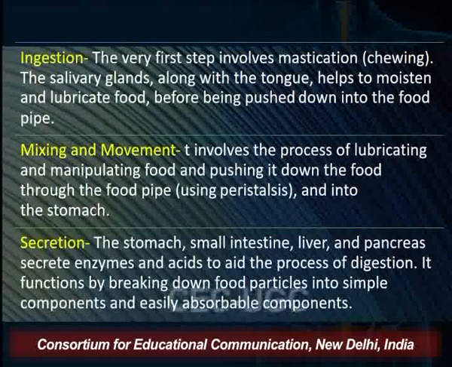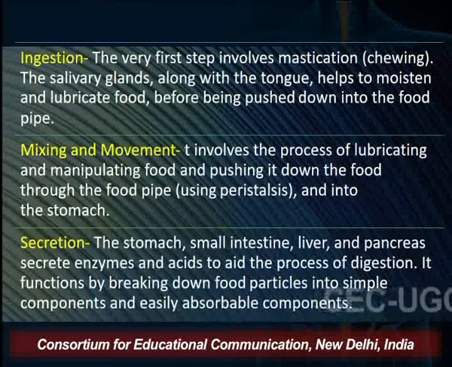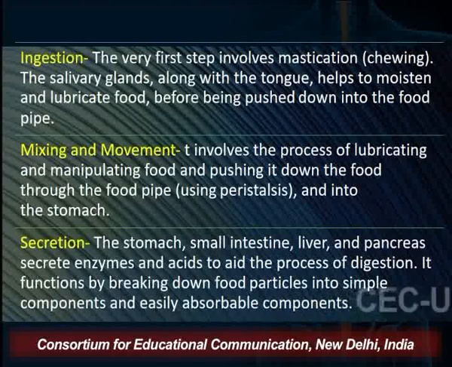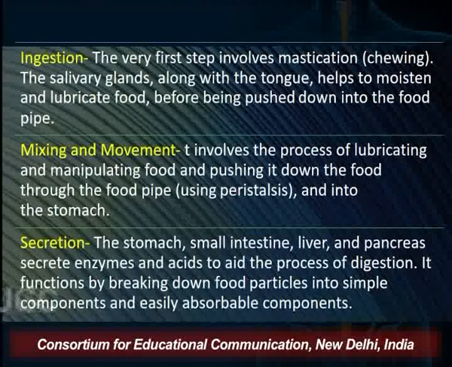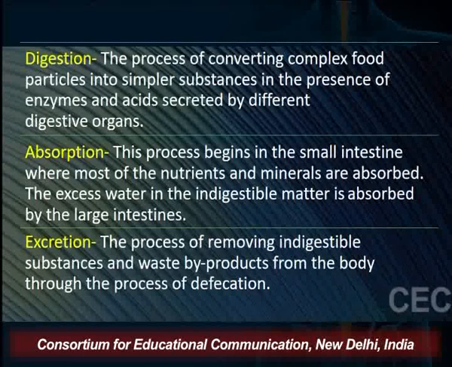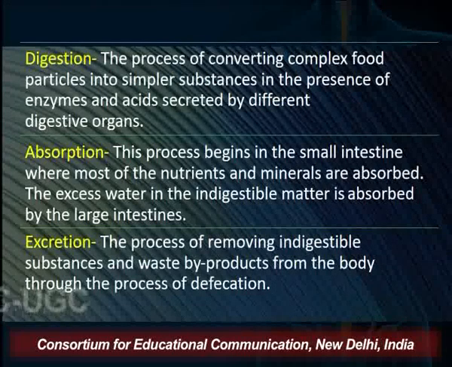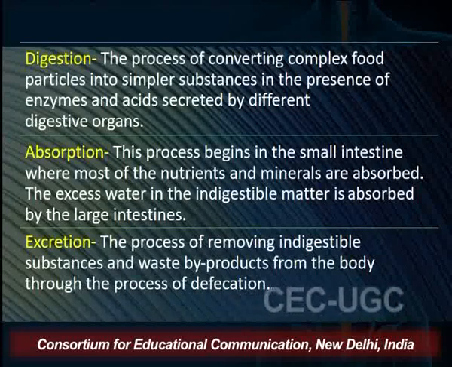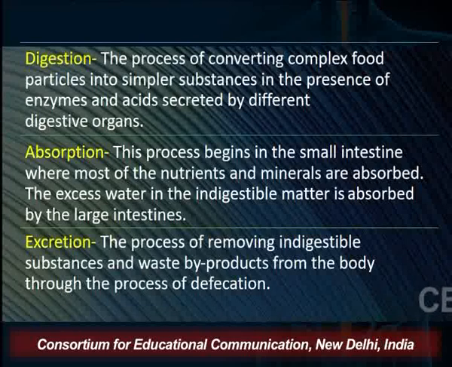The next process is secretion. The stomach, small intestine, liver and pancreas secrete enzymes and acids to aid the process of digestion. They function by breaking down food particles into simple, easily absorbed components. The next process is digestion. It is the process of converting complex food particles into simple substances in the presence of enzymes and acids secreted by different